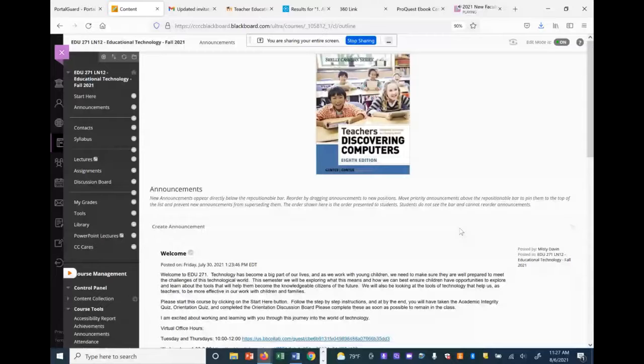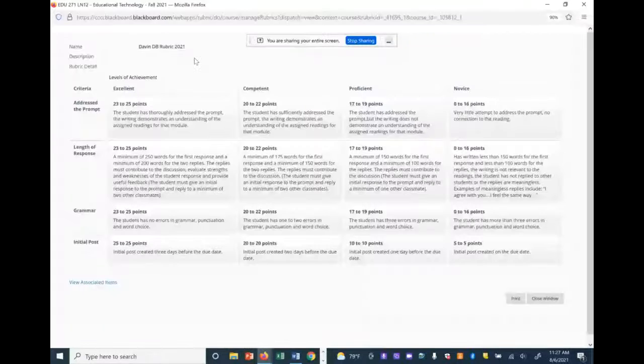I can see my title is the discussion board rubric. I put the year so that I know that I've updated it as I need to. I like point ranges, and you can see that I've done point ranges for each of the categories. I try to be very specific. The criteria are things like, did they answer the question that you posed? Did they respond specifically and not go off on a tangent? The length of response, and as you can see, I even try to get very specific about how many words